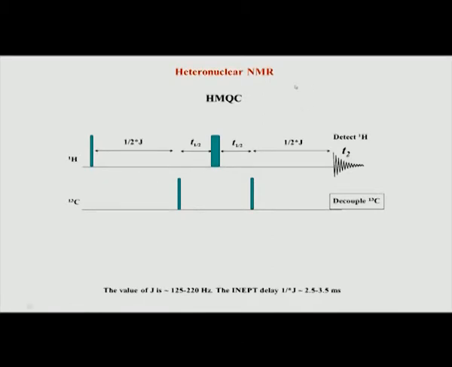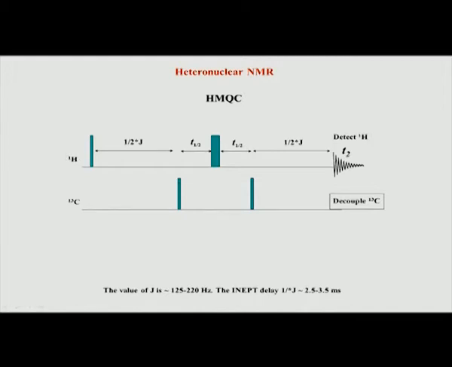But let us have a look at how HMQC is different from HSQC and where it has a better advantage compared to HSQC. So, the pulse program is shown here. You can see this is a little bit similar to what we saw in HSQC. This horizontal line is called the proton channel, and the pulses applied in the proton channel are shown here, and pulses applied on the carbon channel are shown here. One thing you notice is that the number of pulses here is much less than what you saw in the HSQC, and that is already the first advantage of HMQC, that it has much less number of pulses than HSQC.